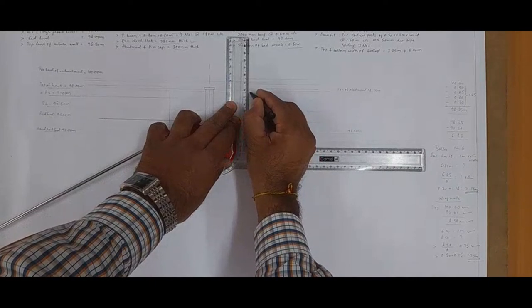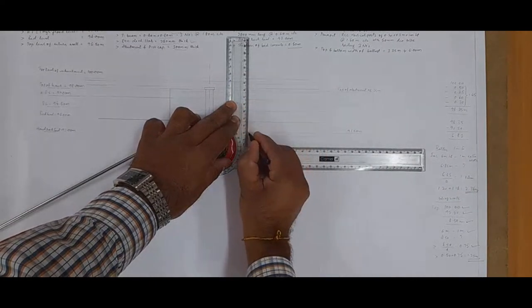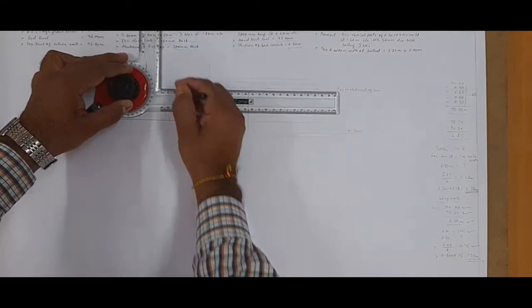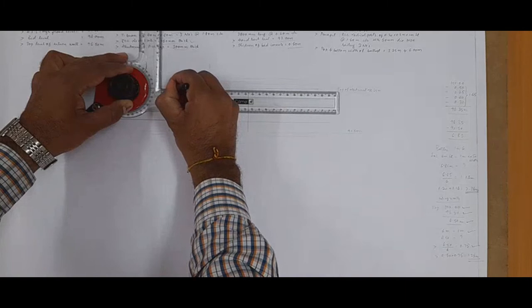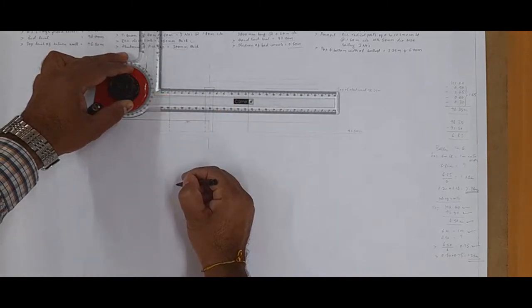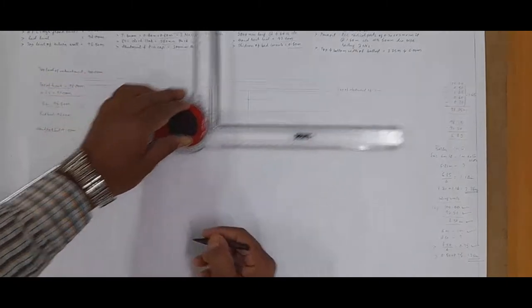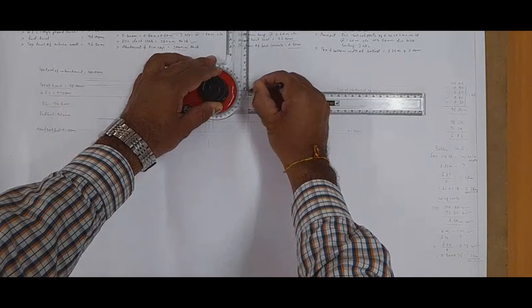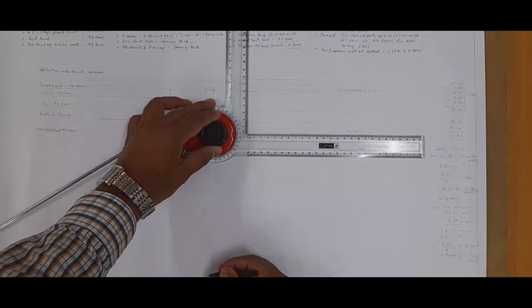So I have to start from here and I am drawing up to the top of the bed concrete. This is the inner face of the abutment. Now we shall mark the top level. Top level is 1.2 meters here, 1.2 meter. So I am drawing with a dotted line here, and on the right a straight line, since it will be visible. Then I shall draw the bottom width line here.